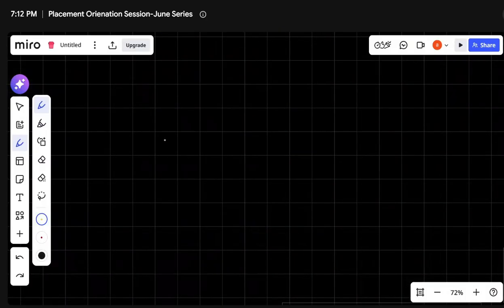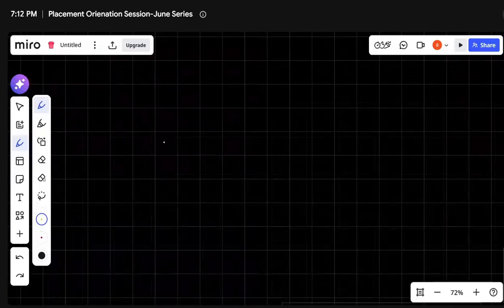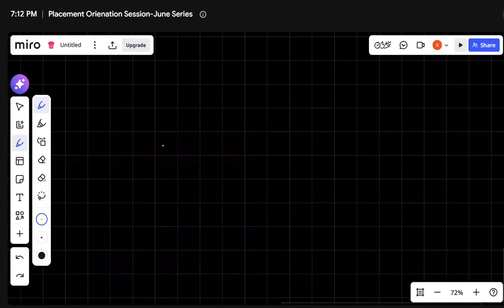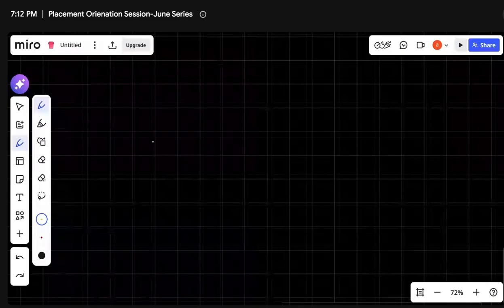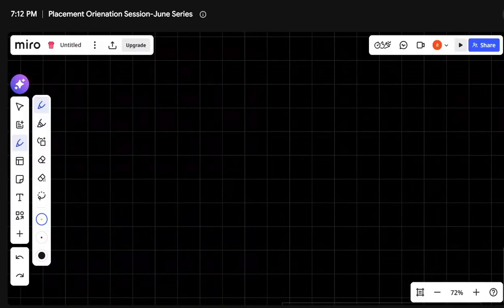Because you will be in tension, under pressure, with a lot of things in your mind. What could be the coding question? What could be that? And you may not get the answer for the first one or two questions. So don't panic, because you have a lot more questions. Don't panic. Even if you're not getting the answer for 1, 2, 3, 4, it's fine, because I told you,